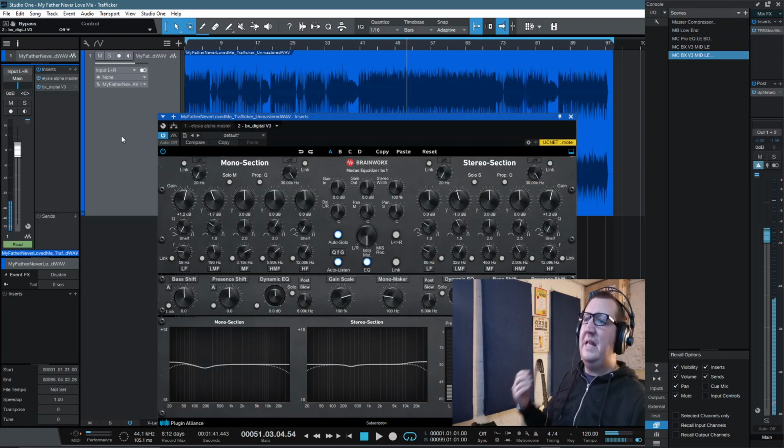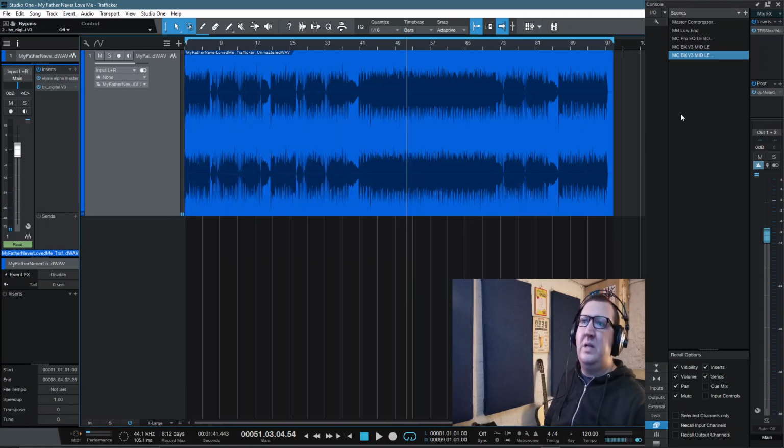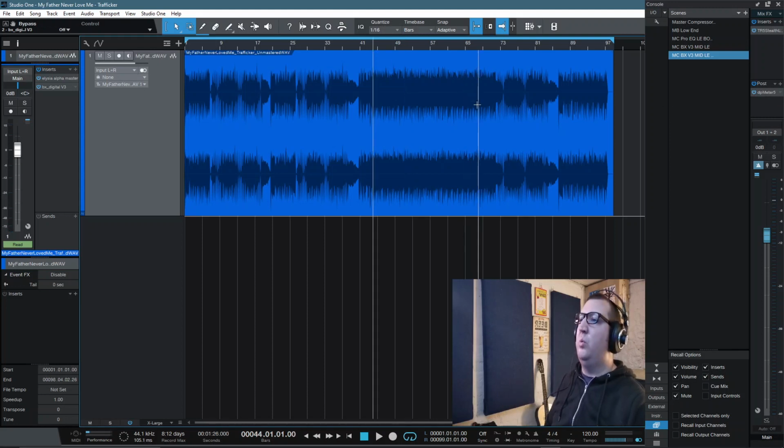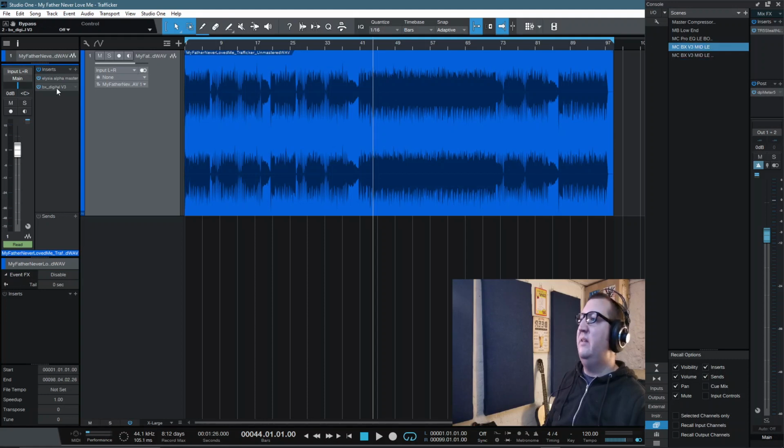So it's just giving us that added flexibility. And let's say for instance, I'm not entirely sure whether I like that or not. I'm not entirely sure whether I want to do the mono maker and cut that 300 odd Hertz out of the guitars. And let's just say I'm not entirely sure that I wanted to give that additional width to the side of the stereo frequencies. I can quickly just click on this one here, and if I go back into the BX